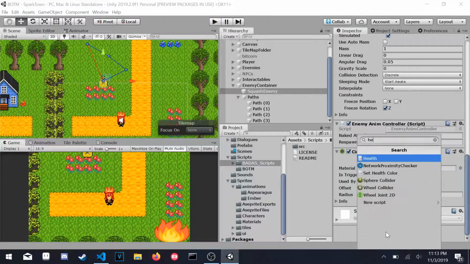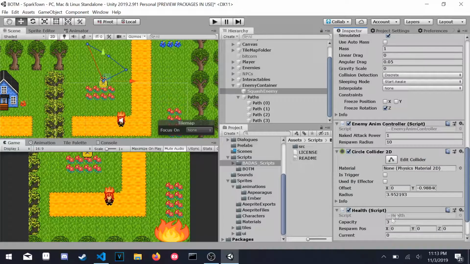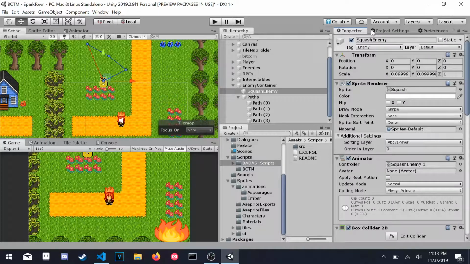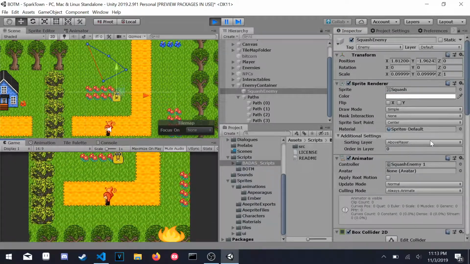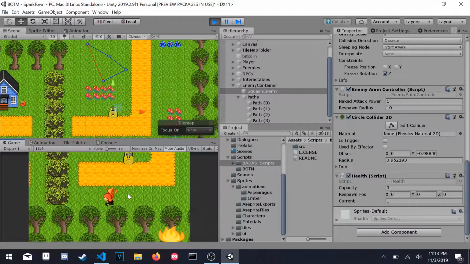Additionally, if you have some sort of combat behavior set up, you would want to add your health or whatever on your enemy can be damaged, such as your health script, and you'll want to make sure that your enemy is tagged enemy for that to work. When I attack the enemy, it will take damage, and its health script